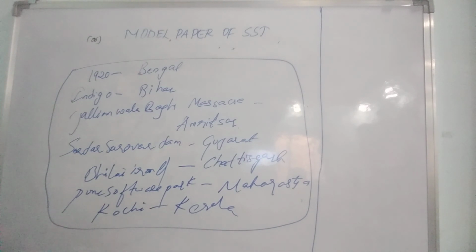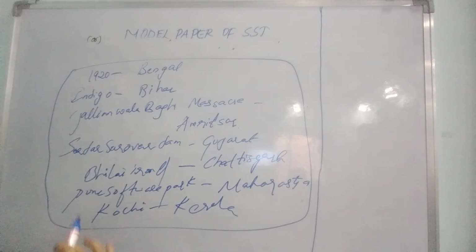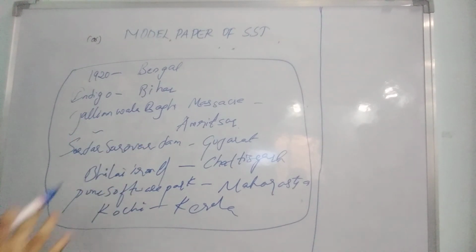Or it will ask, on the same outline map of India, locate and label any three of the following with suitable symbols: Sriramapratap, Sepa Dam, Visakhapatnam Port, Bangalore Software Technology Park. Like this it will ask. We have to fill the suitable symbols. So for this we have to know where some important parks are located, where some ports are located, where some dams are located.